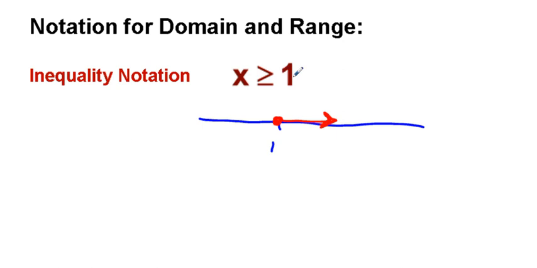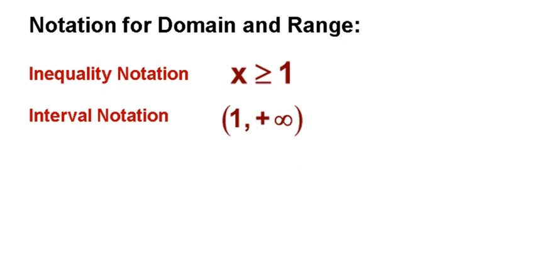Now we can change this to interval notation. X is greater than or equal to 1. Okay, open bracket, 1, comma, and we're going up to less than infinity. That's going to be the interval notation. So number line, interval notation, inequality notation. And there we have,